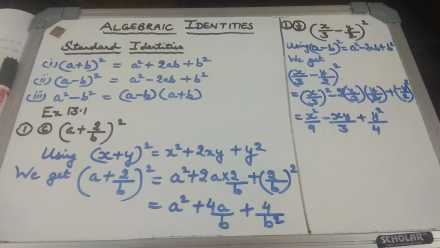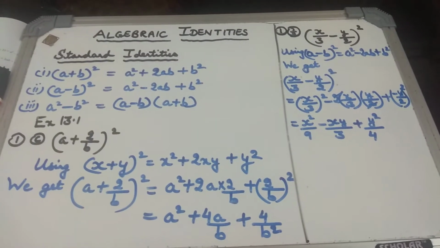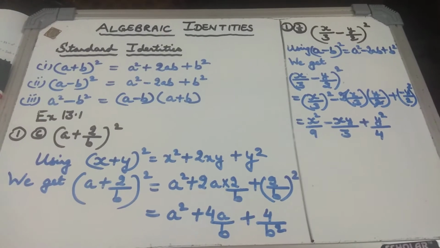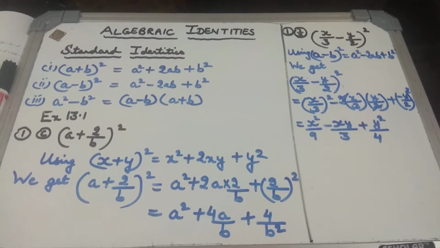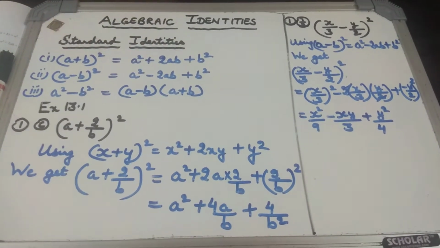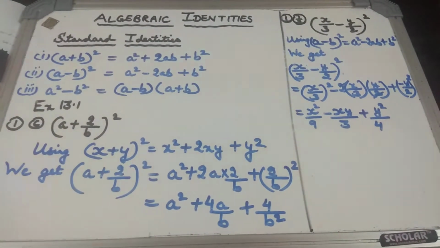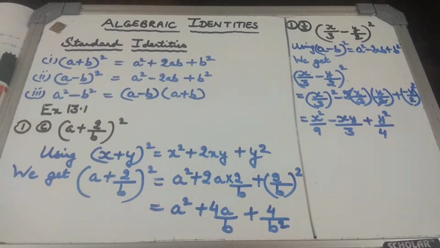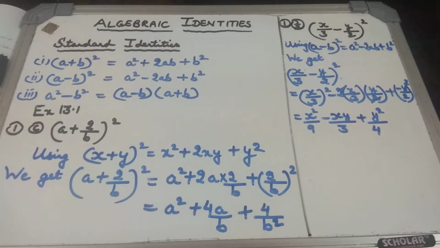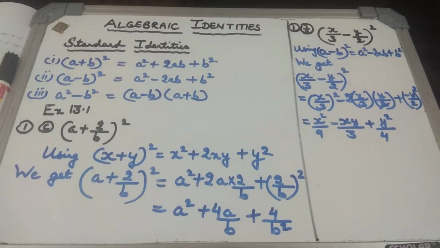Now, we'll start with the new chapter in our maths class, that is algebraic identities. This is a very basic topic. This topic involves all the formulae itself. If you master this topic properly, then half the work is done, because once you know the fundamental concepts of algebra, then you can deal with any difficult problem given to you.